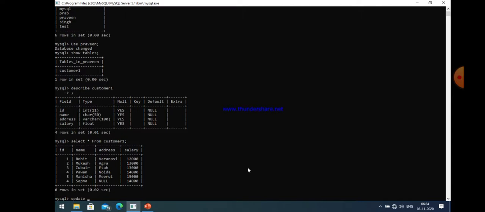So update and then customer 1 and then set address equal to, let us take the address Varanasi. So I just write Varanasi, and Varanasi should be marked with single quotes because it is a string. Okay,